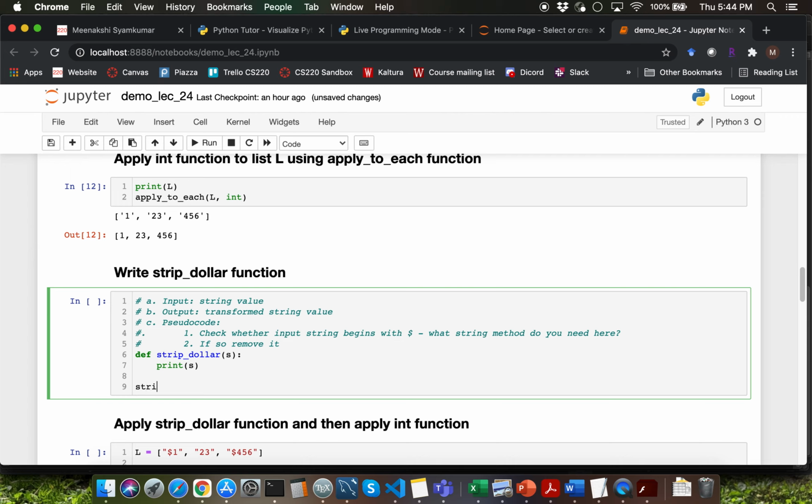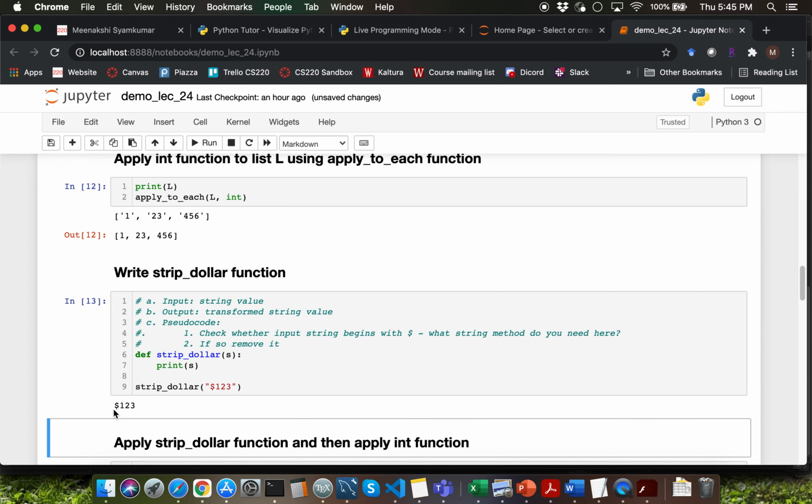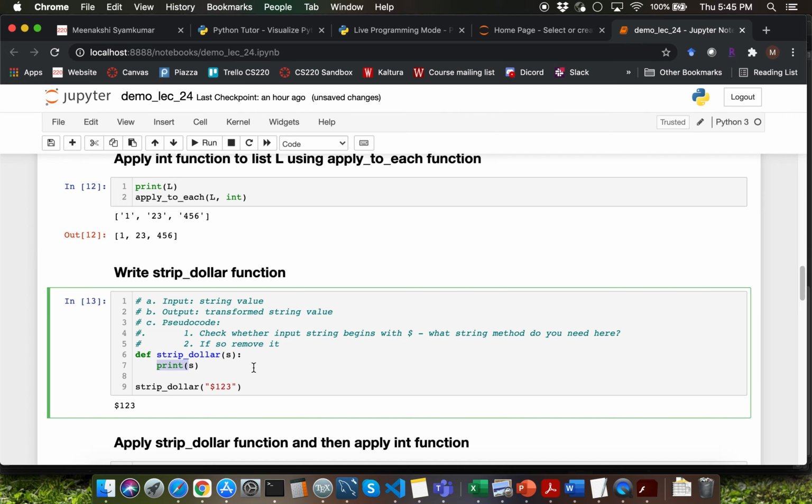So let me invoke the strip_dollar function by passing string 123 as argument. For now, we are going to get the same output. What string method do you think will be helpful for us to check whether the input string begins with a dollar? We'll have to use the startswith method.